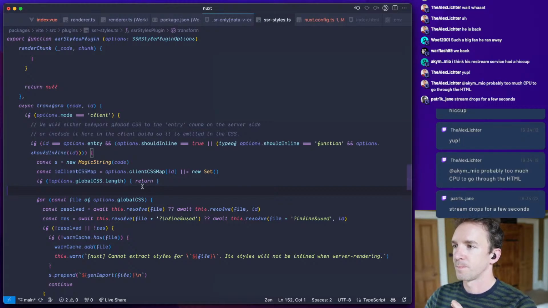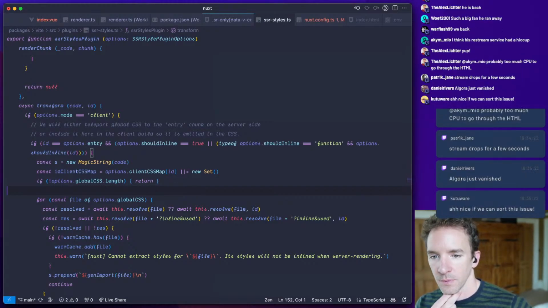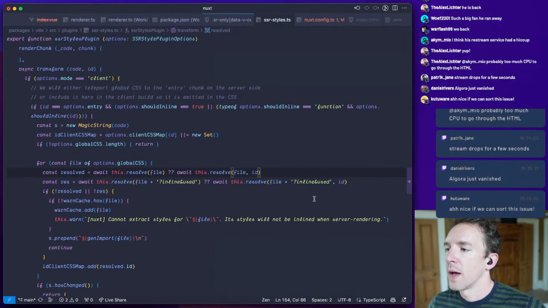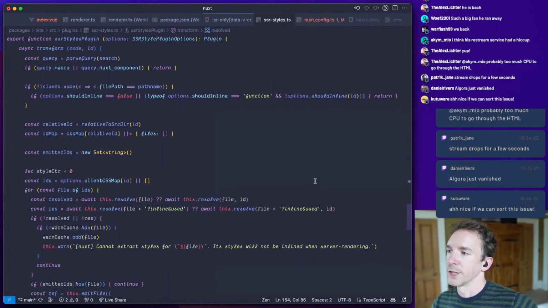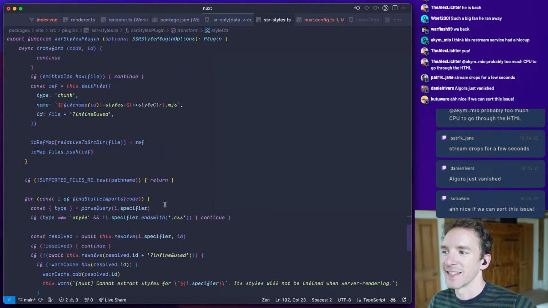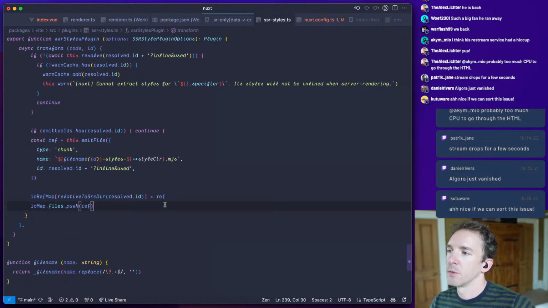Okay. So we are trying to track this, and that's some of the stuff going on in this crazy plugin. So we need to be able to know that